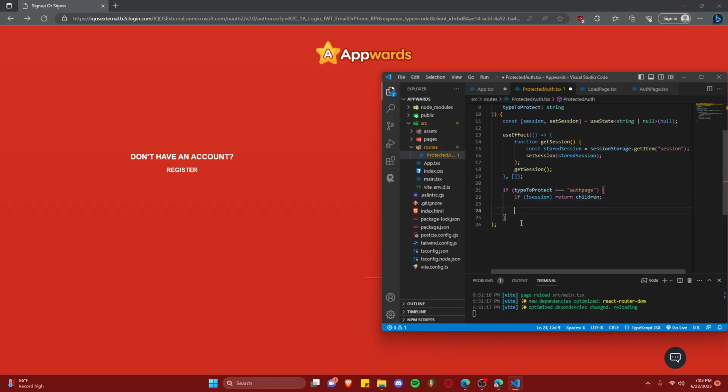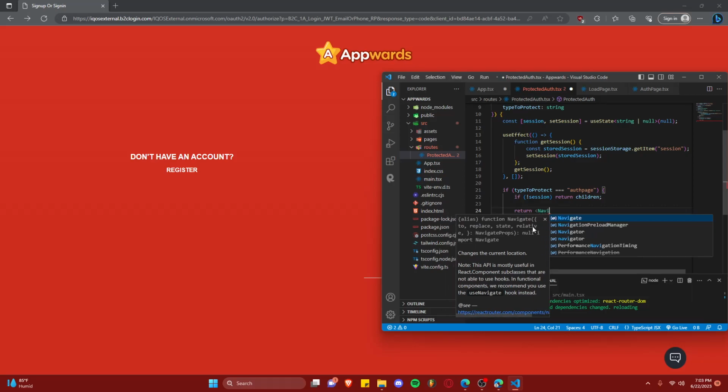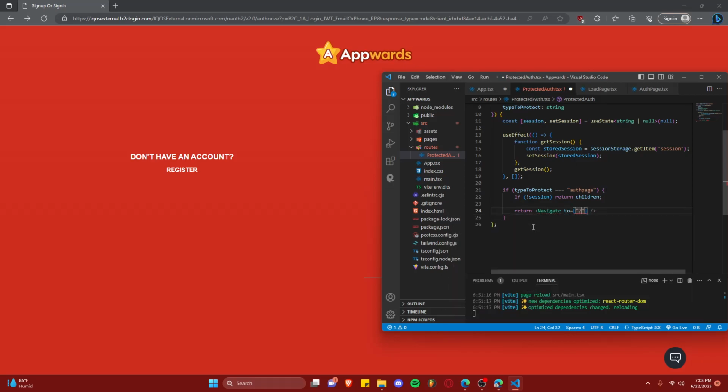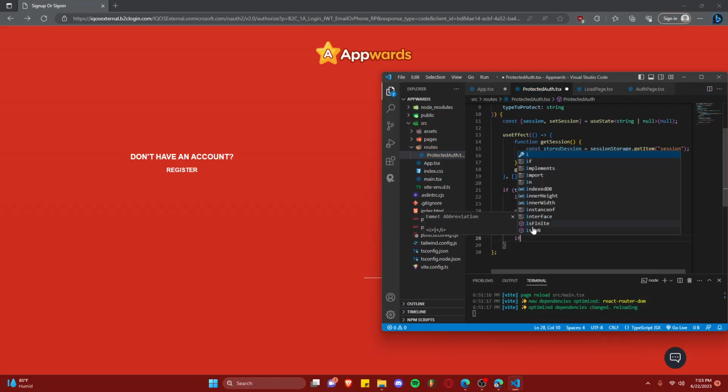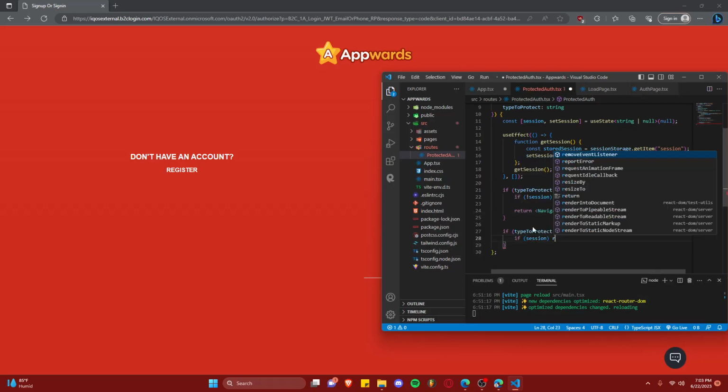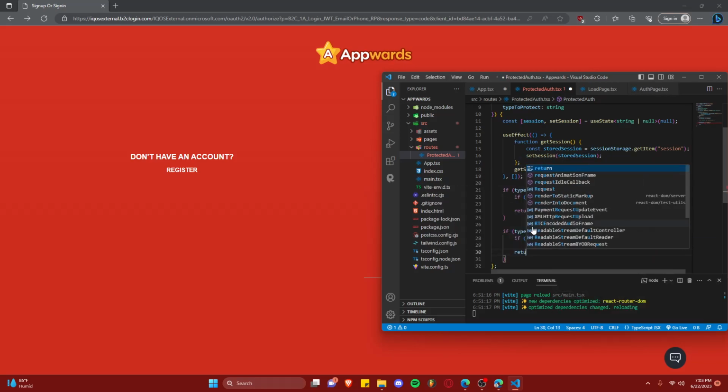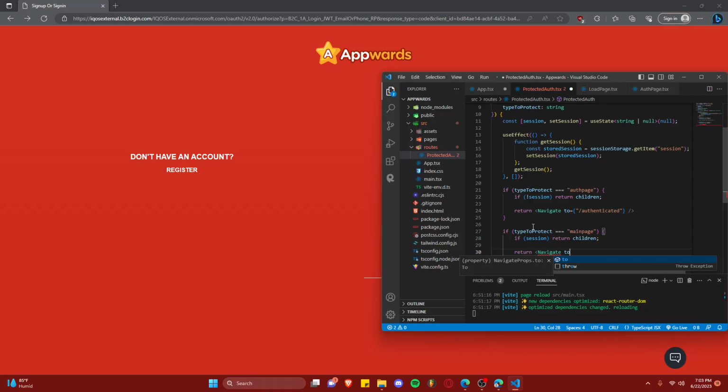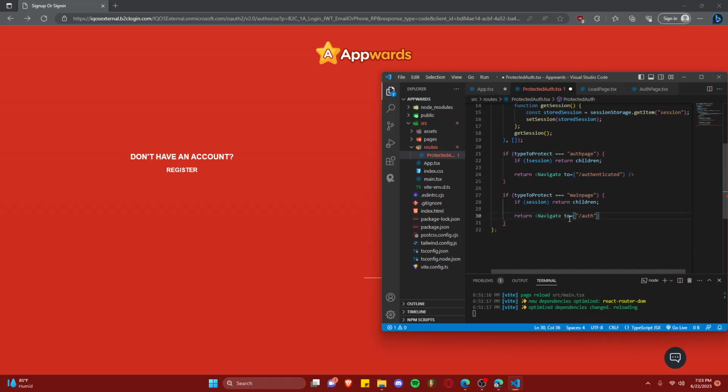However, if this is not met, if there's a session, then we'll just return navigate. Oh, oops. Navigate to authenticated. And in here, if that protect equals main page, pretty much vice versa. If there's a session, then we'll just return the children. Else we'll return navigate to auth page slash auth. And then since in React you can't actually